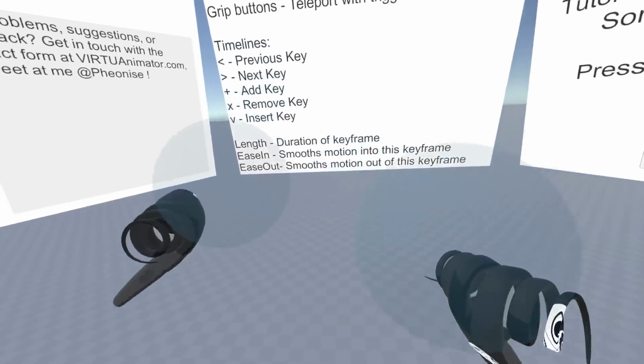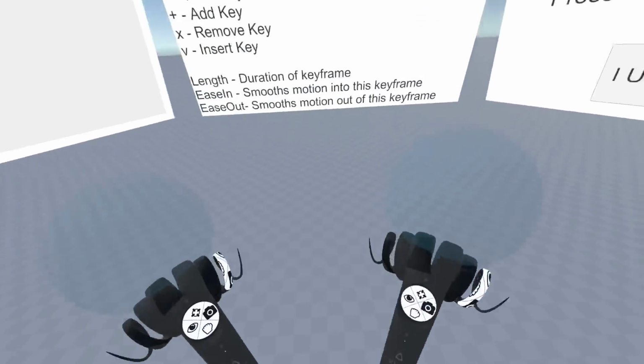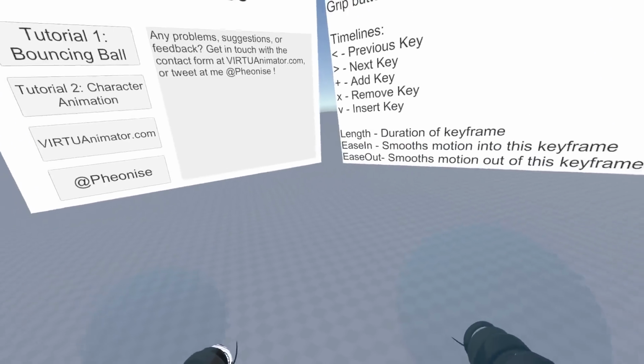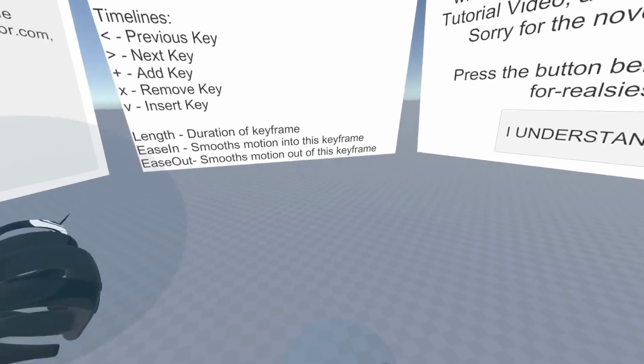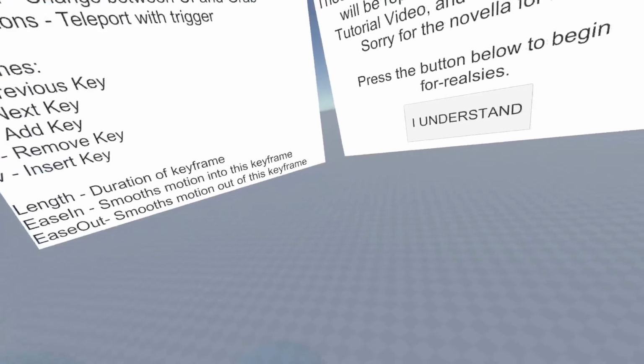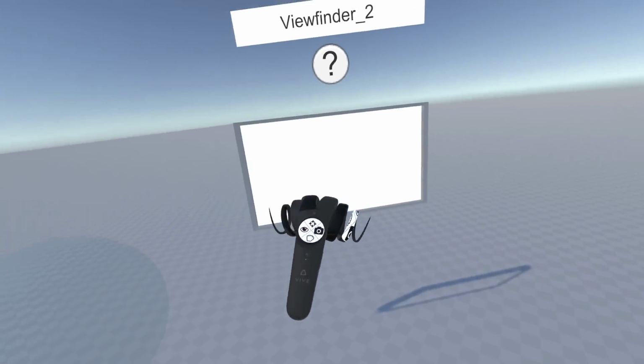I'm just going to do a little bit here just to get you guys an idea of how the program works. But this is a really cool program, and I love seeing software like Tilt Brush was the first art software, and this is the first animation software I've seen that's actually pretty good. So let me click I understand, and right here,